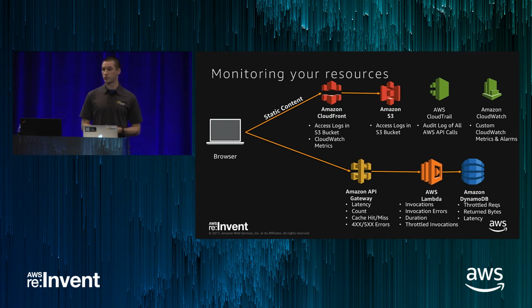We also have the ability to ingest application level metrics. So with CloudWatch, we can look at things that are at the application layer that CloudWatch can't natively see. We also can look at things like the latency and the count of requests in API Gateway. Or DynamoDB, we can look at things like throttle requests. With Lambda, we can look at the duration and any errors, but we can also enable X-Ray, which is a